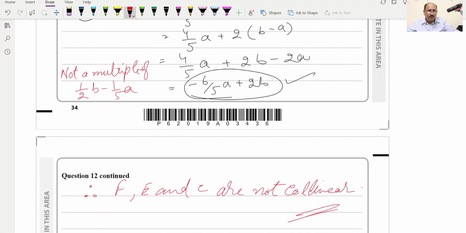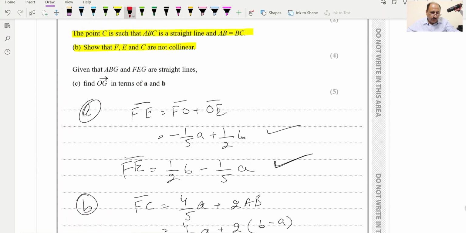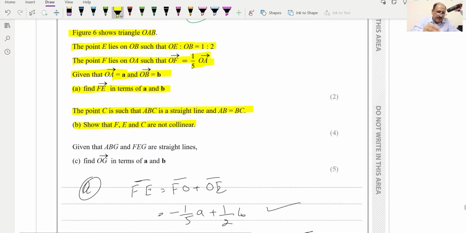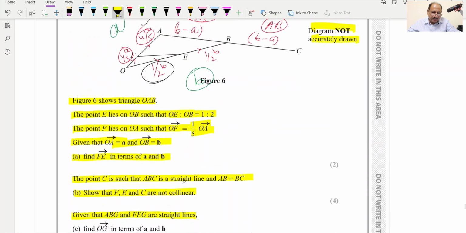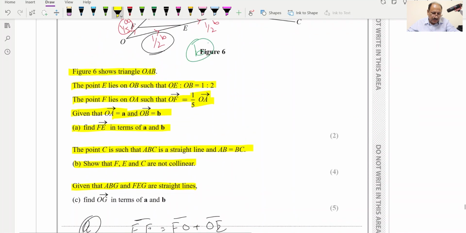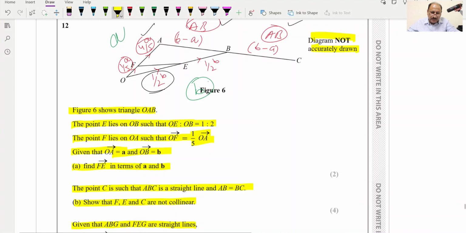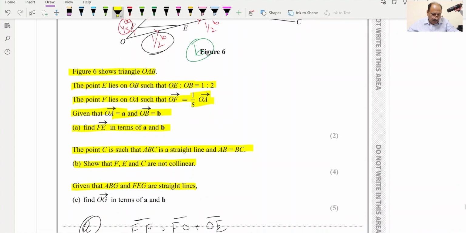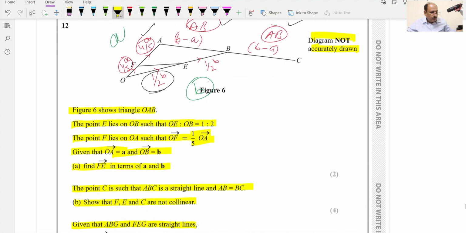So this is what we were supposed to prove. Now we can move to the next part, C part. Given that ABG and FEG are straight lines, find OG in terms of AB. So G,